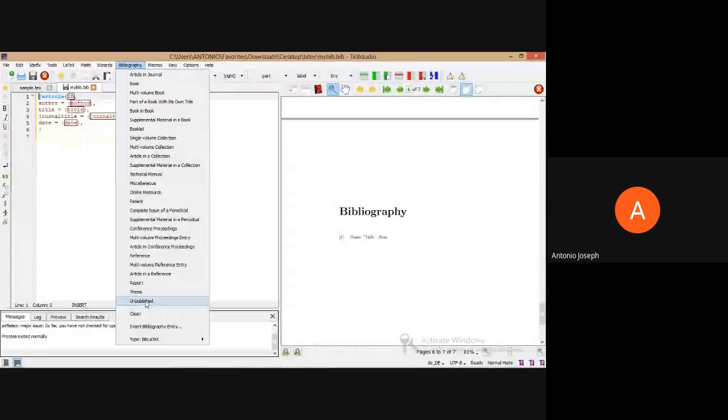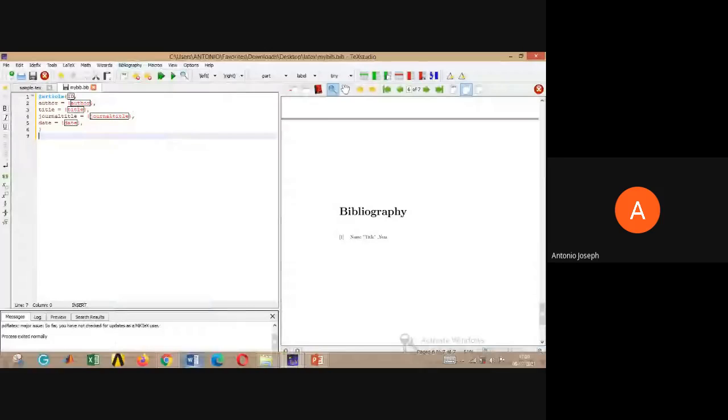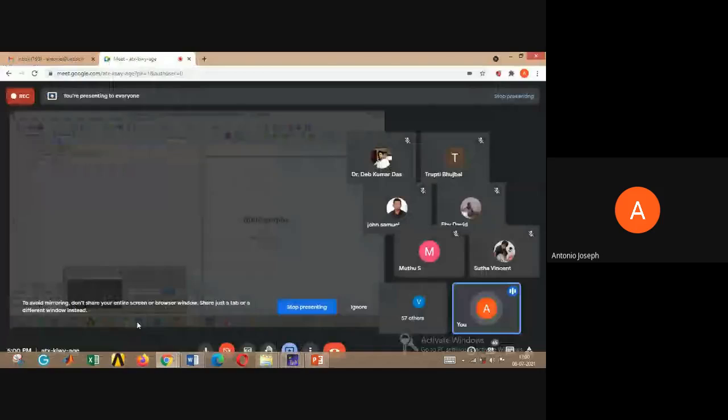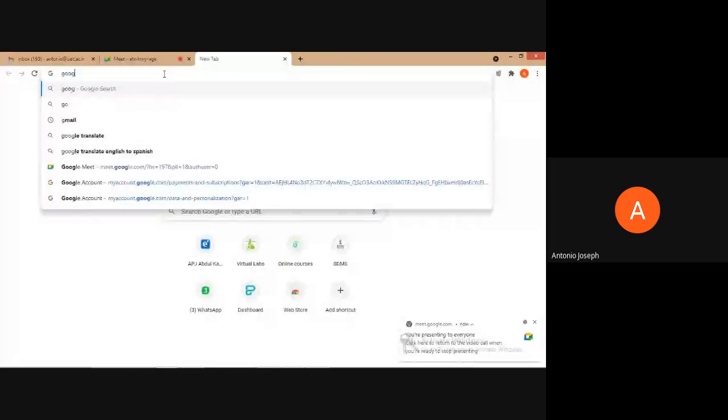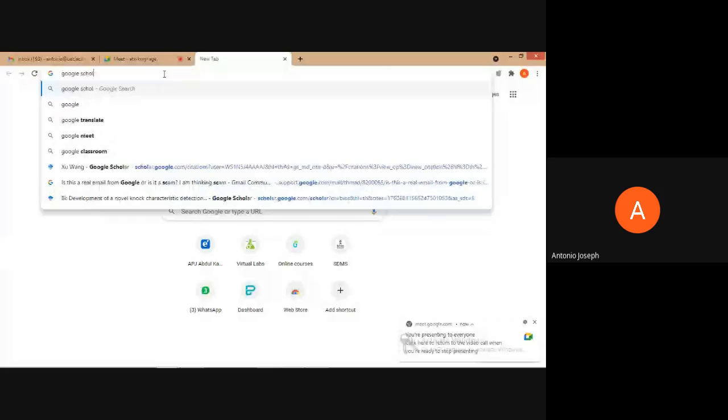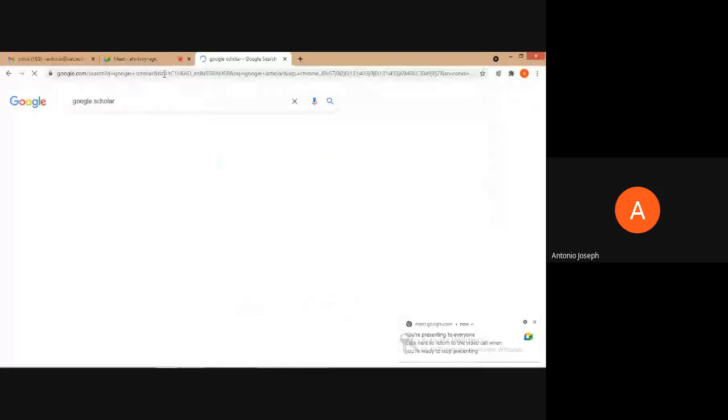So what we are going to do is go to Google Scholar. I'm going to Google Scholar because it may contain almost all the articles.